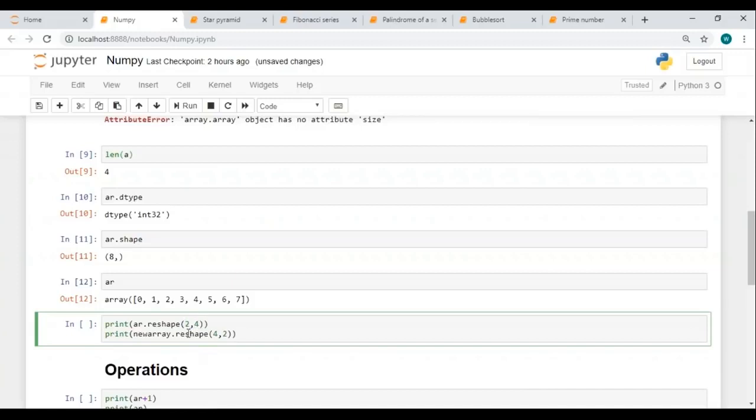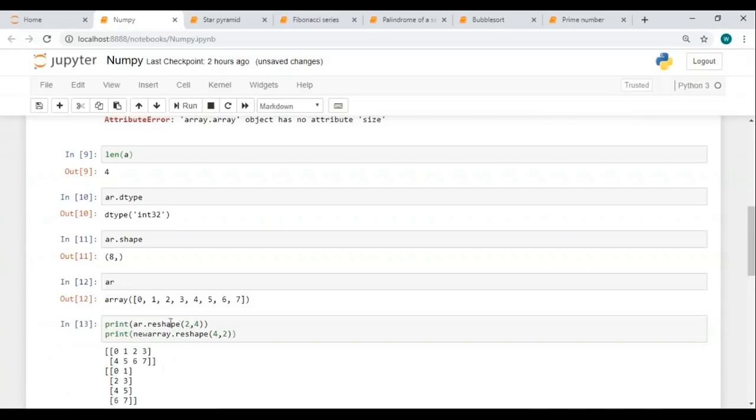I can use the other way around as well, 4 rows and 2 columns, which I've specified for my new array. Let me just hit run and show you all what exactly happens. As you can see, when I use the reshape function with 2, 4, it has returned an output with 2 rows and 4 columns. And when I used 4, 2, I've got 4 rows and 2 columns.